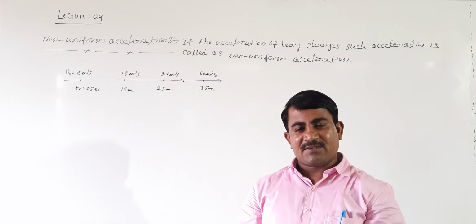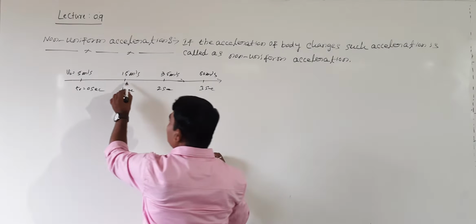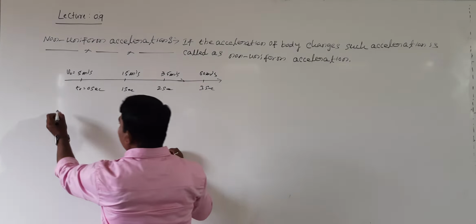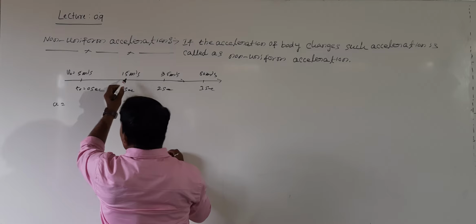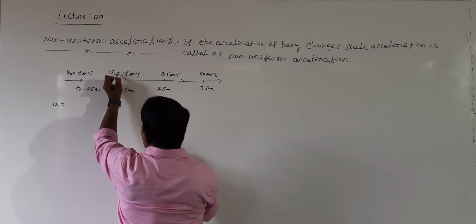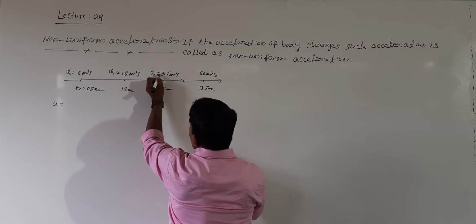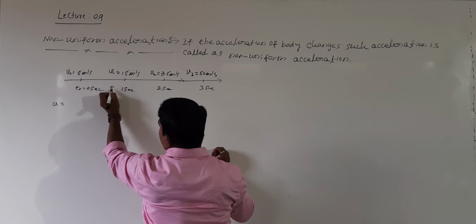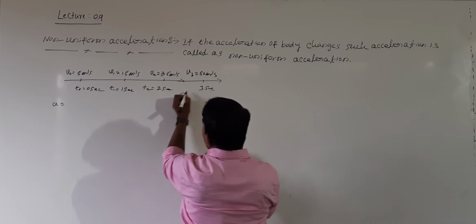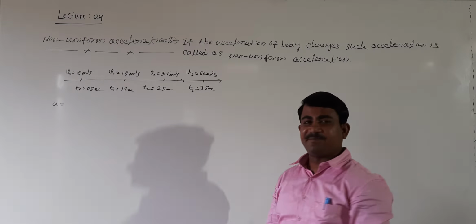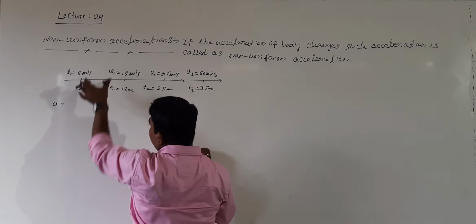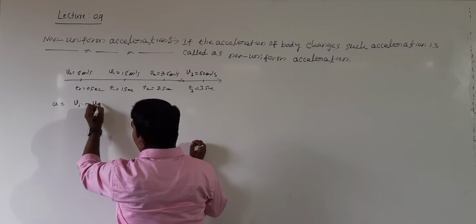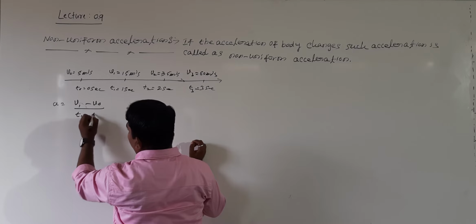The change in velocity must change in each interval. In this interval, shall I take the acceleration of the body, students? What is acceleration in this case? See here, this is V0. This is V1, this value I will take V2, and this is V3. If this is T0, this is T1, this is T2, this is T3. In this interval, shall I see the acceleration? Acceleration is final velocity minus initial velocity divided by change in time.